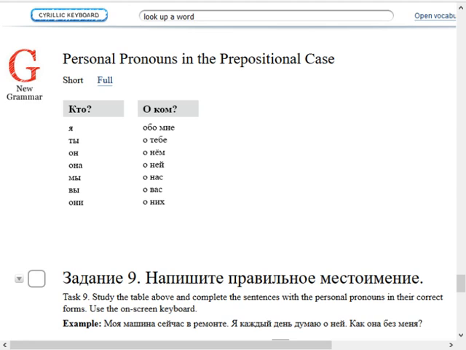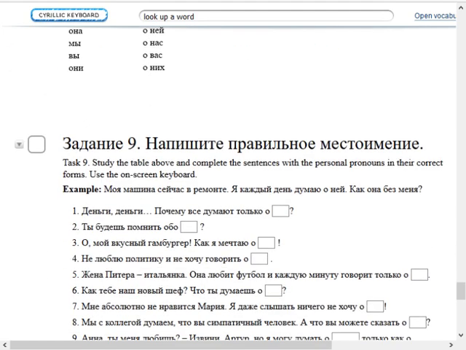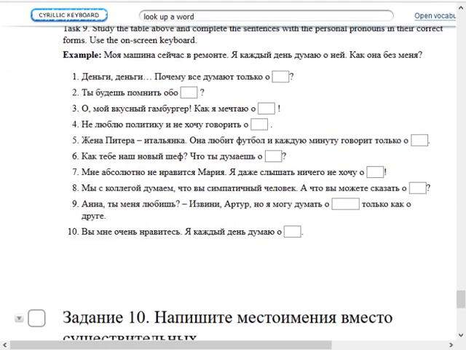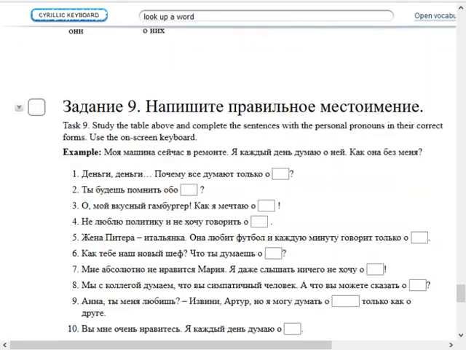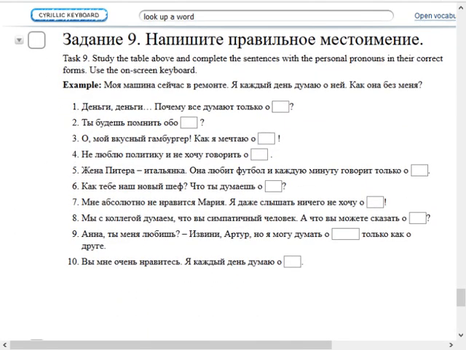And here once again we have personal pronouns in the prepositional case. So only ya becomes obo, because I'm obobo. So obo mnie, everything else is o. So o tiebie, o niom, o niej, o nas, o was, and o nich. And finally, we have two fill-in-the-blank exercises about